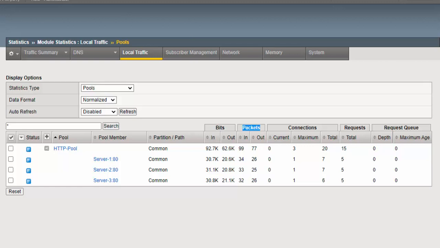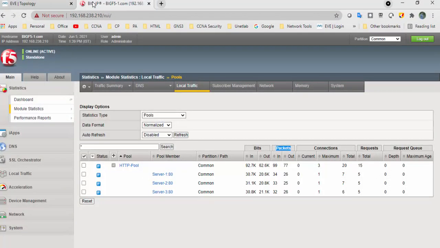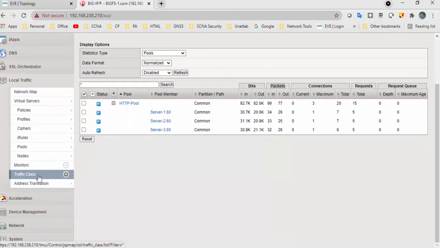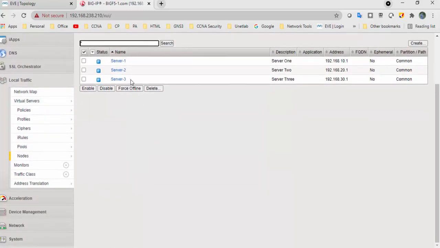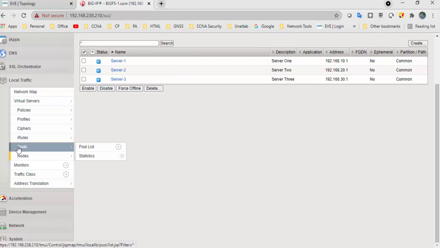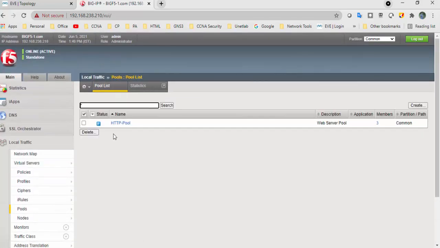So this is how we created the pool for web. Similarly, we can create it for SSH or FTP pool. Right now I will create one more pool for SSH so we can test it out. The nodes are already there, 3 nodes, so we need not create anything in nodes. We need to create a pool for SSH because this one contains the HTTP pool.